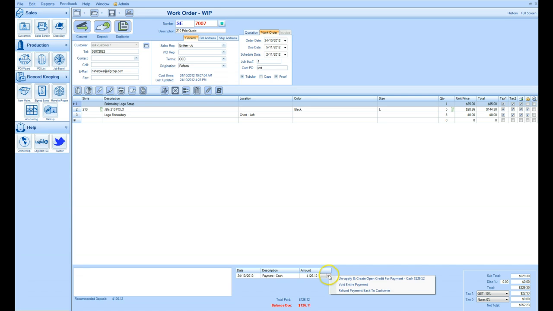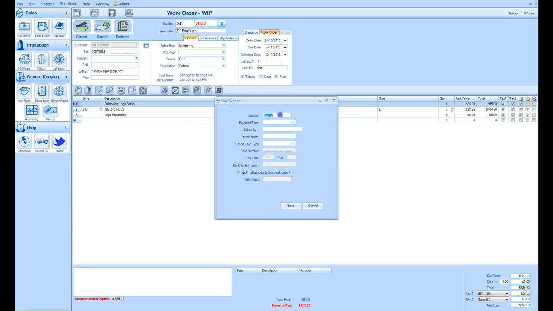You can void that payment. Click on the drop down, gives you the option to void it, and it vanishes. You can only do this before you close the day. Now to reapply the payment, you come up here to deposit. We're going to apply a new deposit, and we're going to apply the entire amount, 252.23, and it was actually